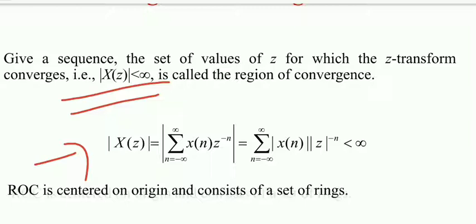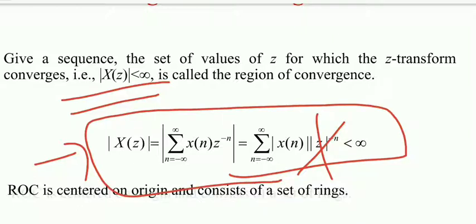Mod x of z. So I take the modulus on both sides. We know the x of z equation is summation n tends to minus infinity to plus infinity x of n z power minus n. Take the modulus on both sides. So mod x of z. Just now we found that mod of z is equal to 1. So you can remove this mod of z and it will become 1. So if you want to find the z transform, what you have to ensure is that summation n goes from minus infinity to plus infinity, mod x of n, should be less than infinity. For such types of signals only you can find the z transform. This is the condition for existence of the z transform.